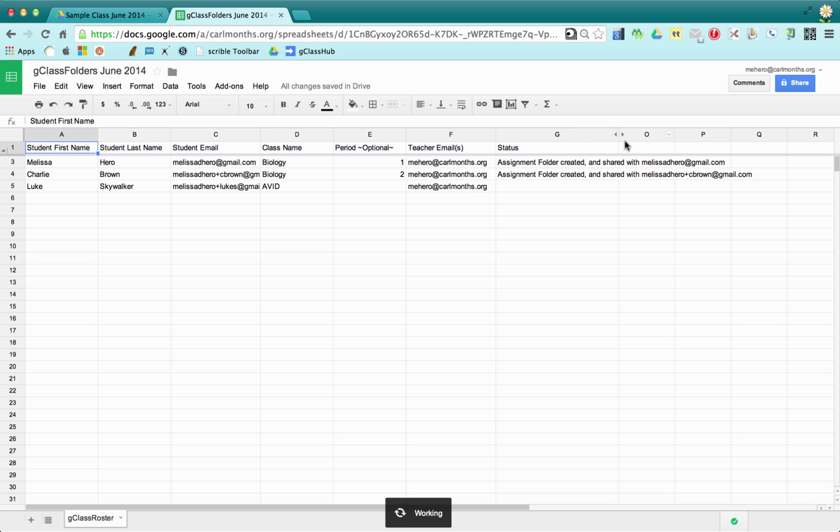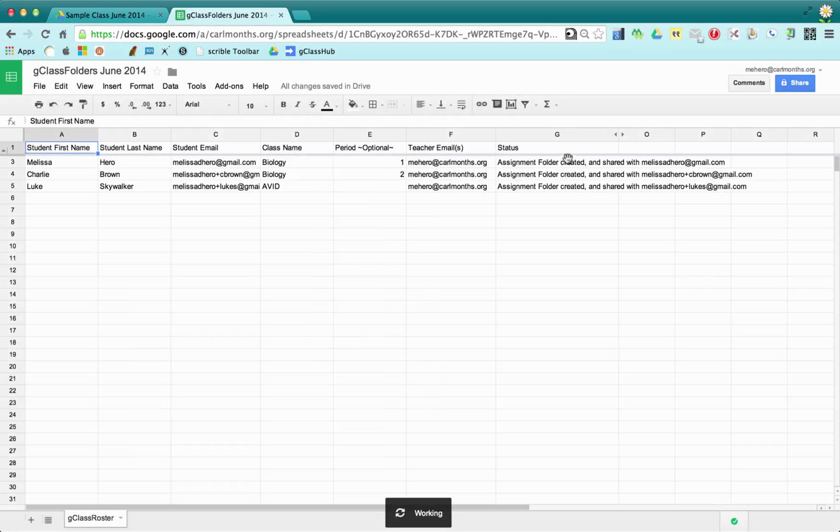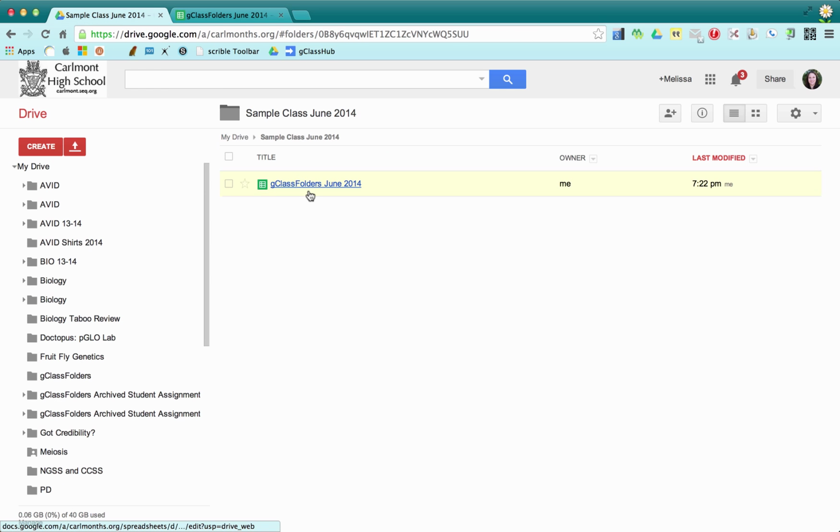Columns G through N are condensed; you only see G through O. It gives you all the folder keys and other information that you don't really need to look at. But it created folders for these classes. And it's weird, my other tab disappeared. When I've done this before, I have another tab with properties, so I'm a little concerned that that's not showing up right now. But now that I have these folders, I can look into my Google Drive,